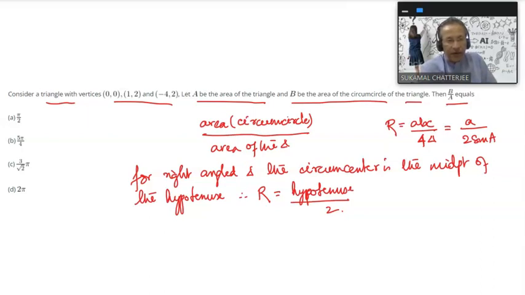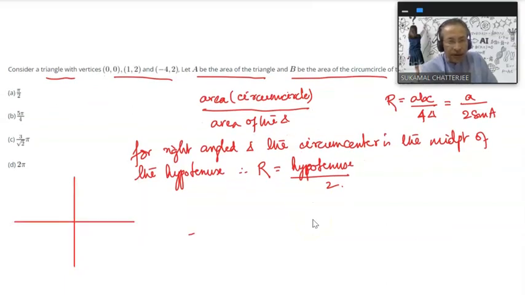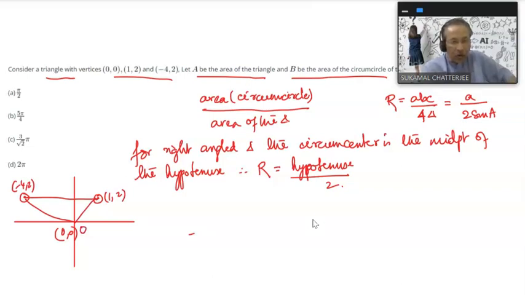So now let's see what kind of triangle is given. We have the points 0, 0, which is the origin, and then 1, 2, which is a point maybe up here, and then negative 4, 2, which will be a point on the other side. So this is your triangle. If I name the points as O, A and B,